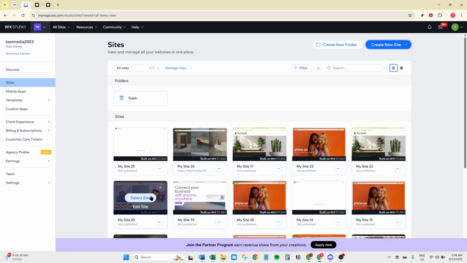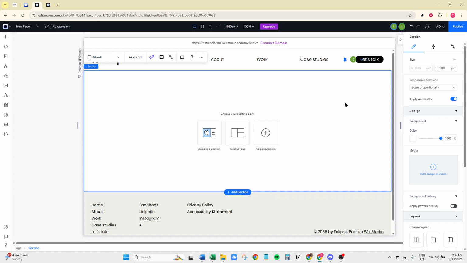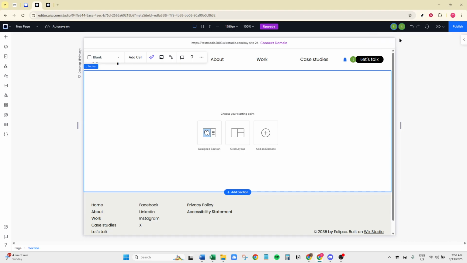Once you're logged in, the next step is to open your existing project if you already have a site in the works. If not, this is the perfect time to create a new one. You can do this by selecting the option that suits your needs on your dashboard. Whether starting fresh or building on an existing site, make sure to have your design ready so that the scrolling text complements your overall website theme.